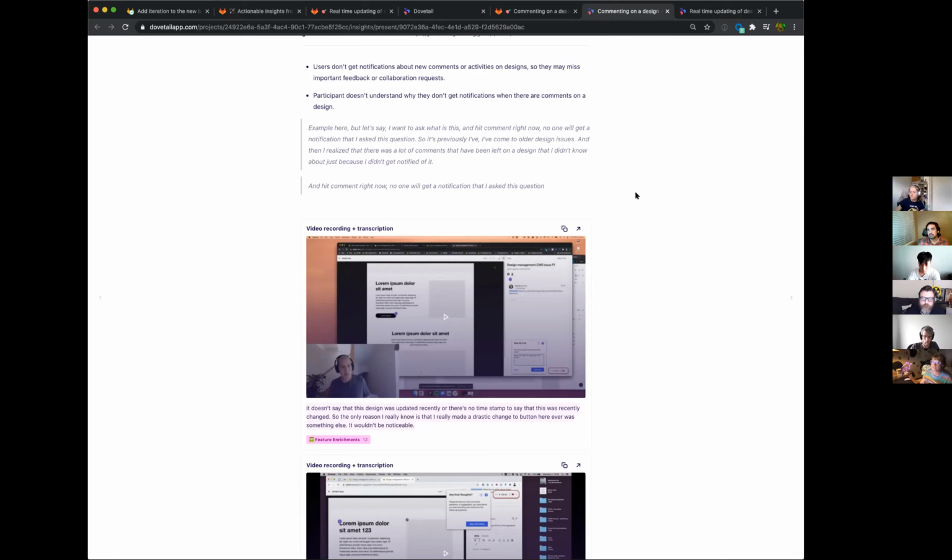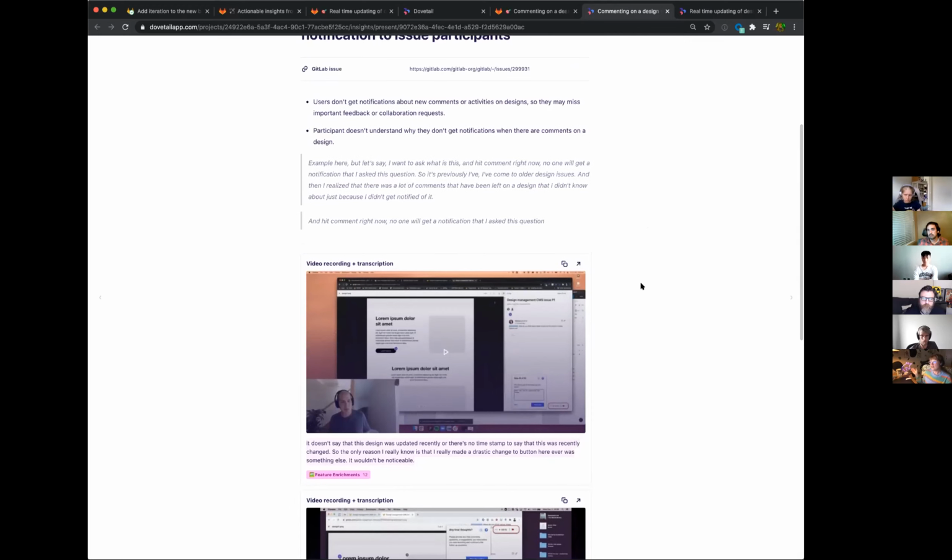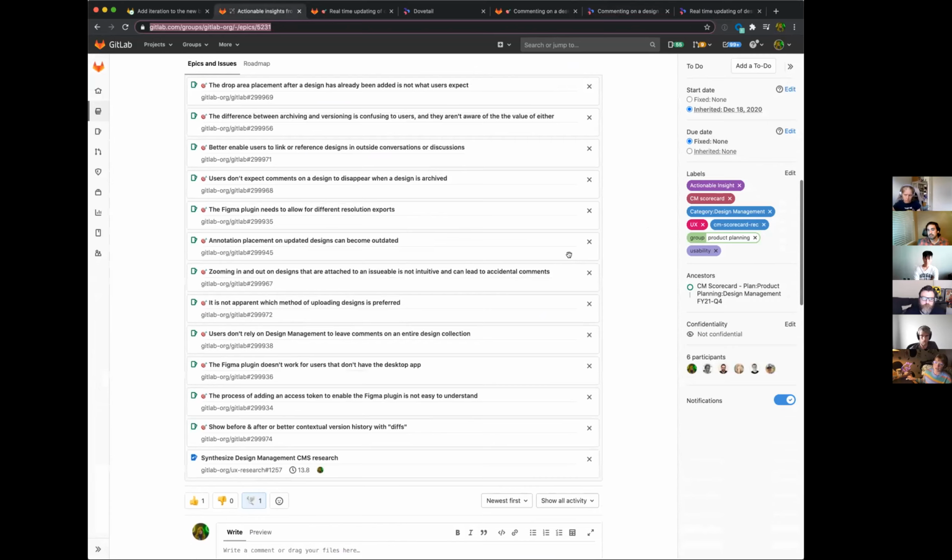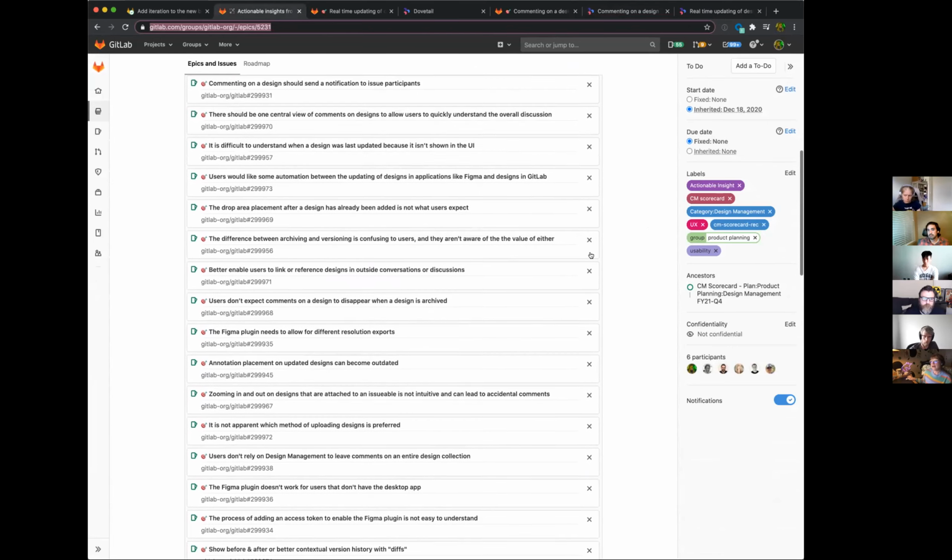Of course that makes collaboration harder, and it makes it harder for people to adopt this feature if it's not working for them. I don't know if it's a bug or what, but that seems like a smaller thing that we might want to add as well.